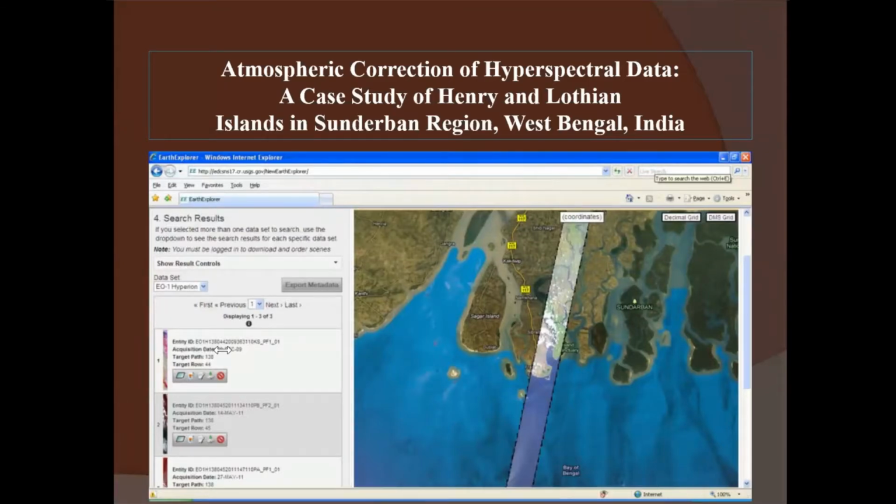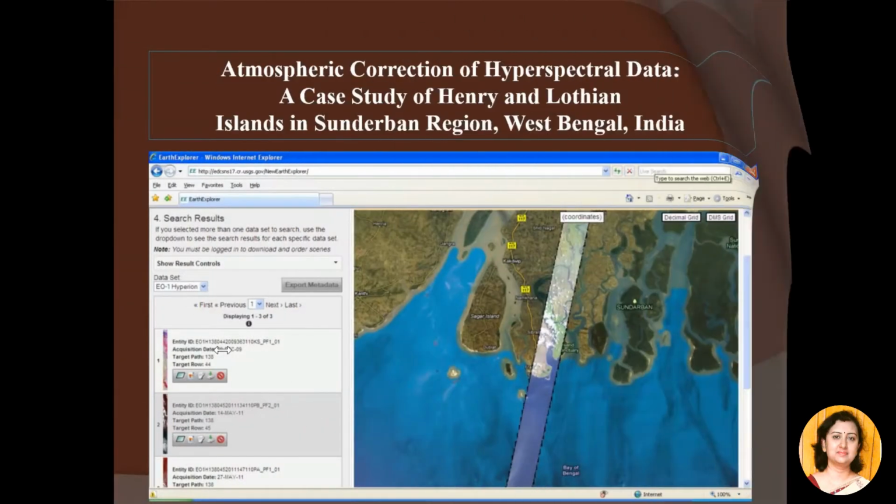Now, as we are focusing on the pre-processing of Hyperion sensor acquired hyperspectral data in this lecture, I would like to mention that the study area on which the atmospheric correction algorithm will be applied is the Henry Island of Sundarbans, and it is a mangrove forested area.